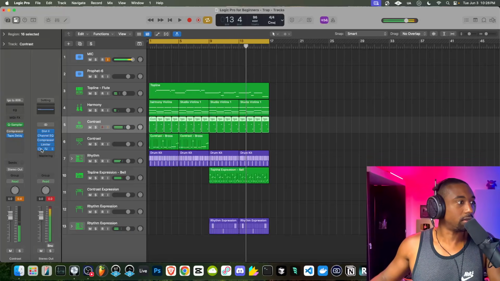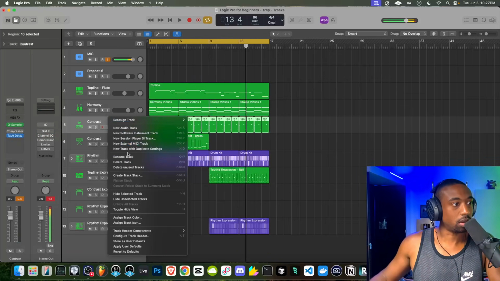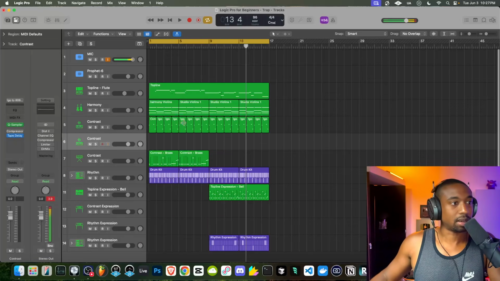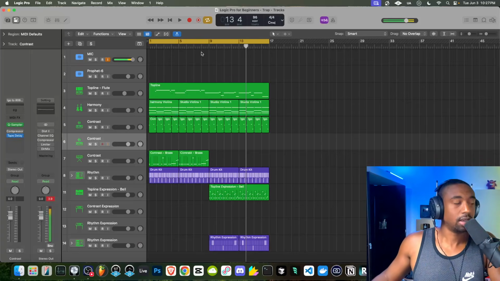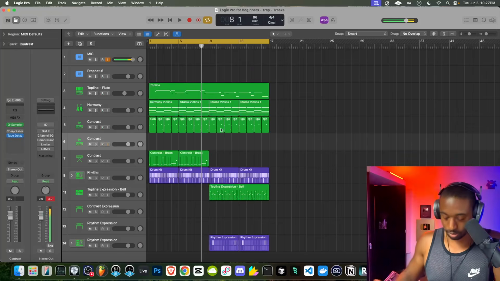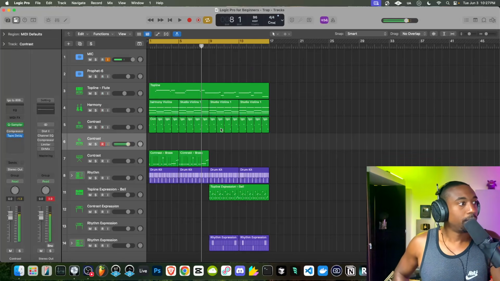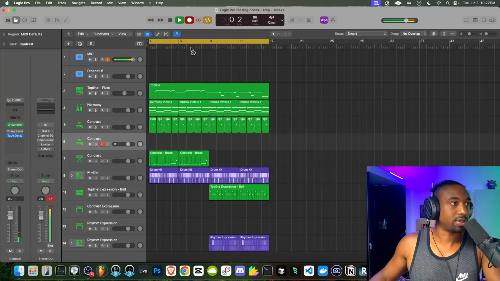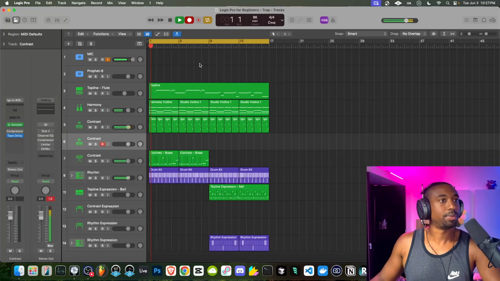My brain just thought of I want to record like this little toot toot toot in the 808. So for this, I'm just going to record a new track. We're just going to right click, create a duplicate track here, because I don't want to have to deal with all these little patterns, regions. I'm just going to record a new 808, and I know it's not going to overlap. All right, so let's add that in. Let's record this in as if it's a percussive sound. Doot, doot, doot.